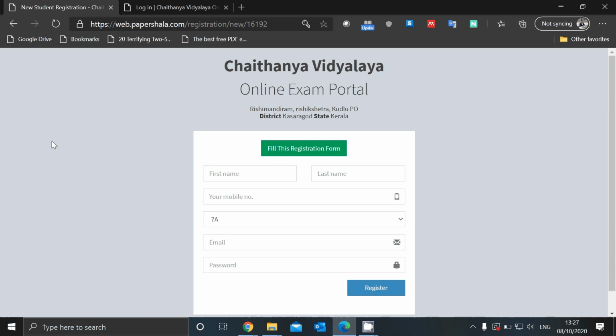If a class 7 student tries to register using the registration form for class 6, they just cannot do it because I have not put that setup. It's separate for class 6 and then there's a separate link for class 7 and class 8. Whereas the login link is common for everybody, including the students of all classes 6, 7, 8 and the teachers as well.